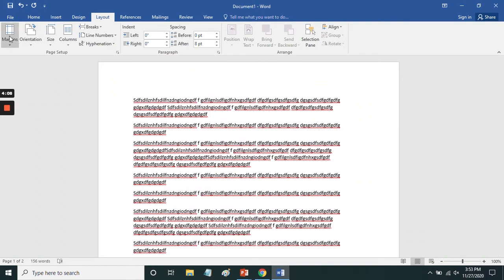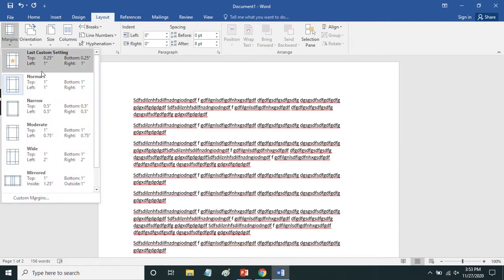So the first guy right here is margins. The margins are the white space that frames the content on the page. By default, it's 1 inch on all sides, which I personally think is excessive. If we look at our options here, you can see we've got a few of them. These are all default options here, narrow, moderate, wide, but you can also select your own by going to custom